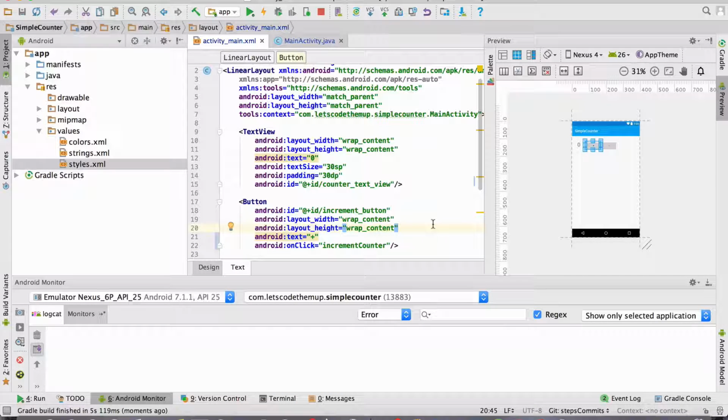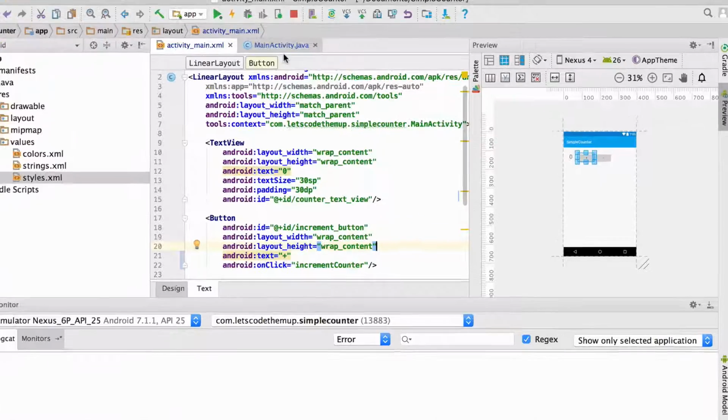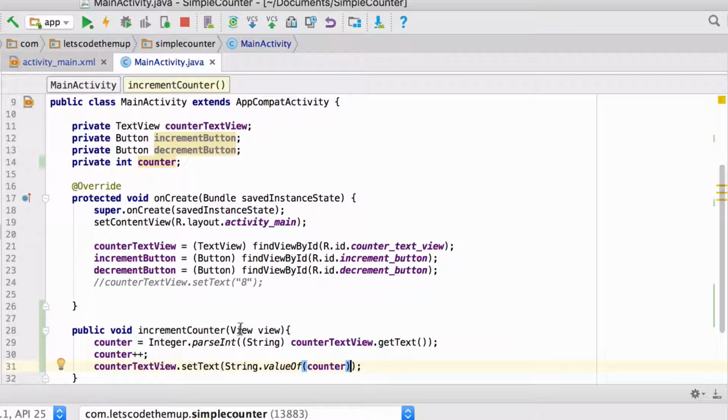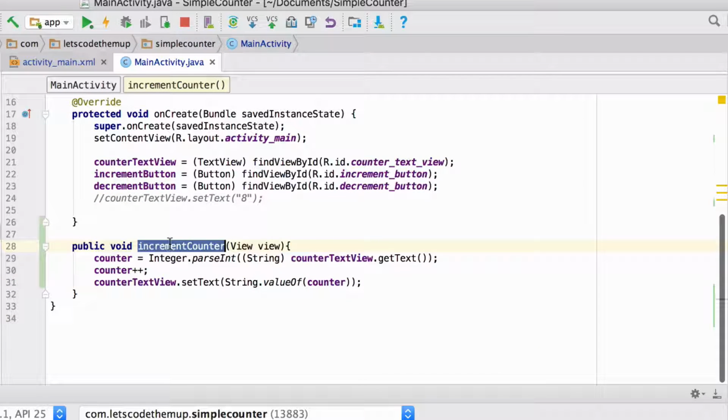Next method is using the setOnClickListener. This method is used to handle events on a button programmatically rather than using the XML. It is useful when we want to handle the button action at runtime or the button is a part of a fragment. Like the incrementCounter method, we need a decrementCounter method to decrease the value of the counter. So instead of writing the whole code, we will just copy this code,